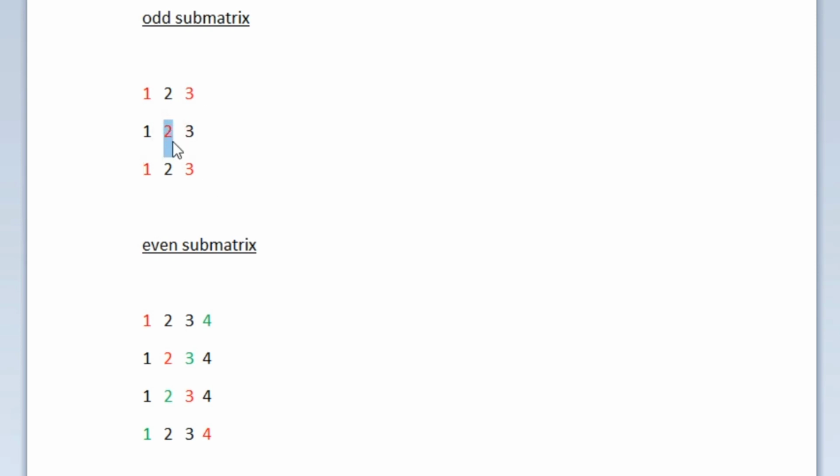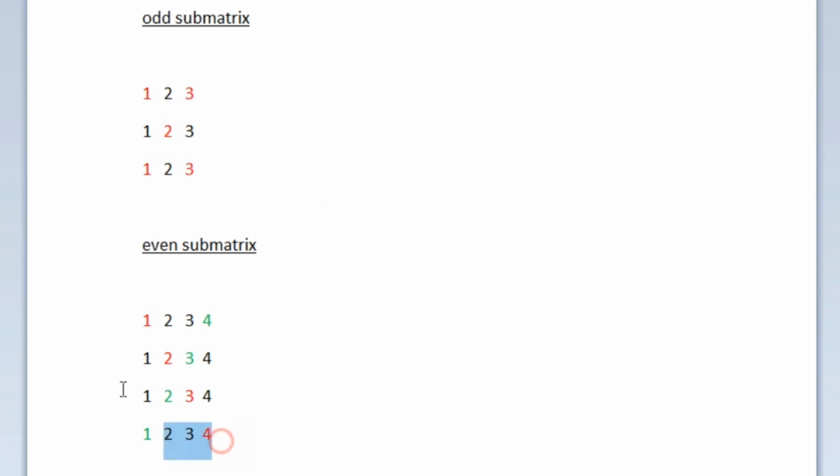So the sum of the bottom left to top right diagonal will be 4, 1 plus 3, we won't be adding this 2. So the total sum of both the diagonals will be 10. This is how we will be calculating the sum of diagonal elements if the matrix is odd. So there is an intersecting element, so we should remove that intersecting element.